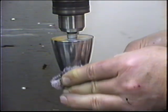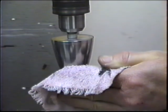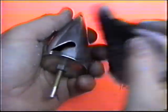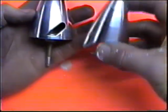Well, we got one almost done. Almost doesn't count here. I'm guessing this was about an hour to an hour and a half total. And I could probably finish this up with some vinyl shine, because of course you'll have some little microscopic scratches going in that direction. Now what would be great, we have an orbital polisher, but I don't have a polishing cloth. So it looks like between all those grits, we used nothing but those grits and Gorhams and our little drill press arbor. Now just for laughs, let's see if we've...